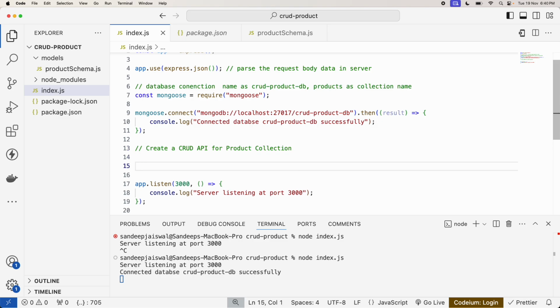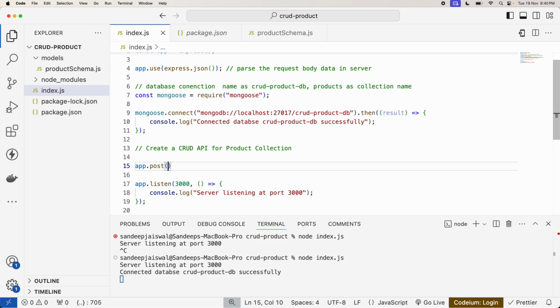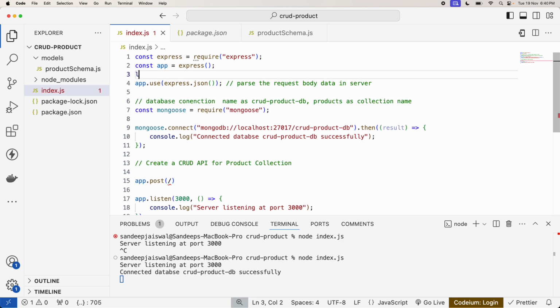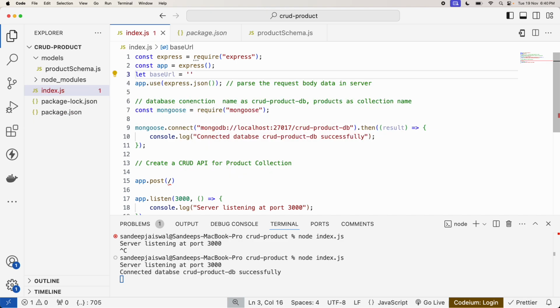So what we know, first we have to go for post, because we are going to store the product. So if you are going to store the product, what we'll do? App dot post, right? We are going to write app dot post. So in app dot post, what we are going to write? Let's make the base URL. So base URL, we are going to define, let base URL should be something like,